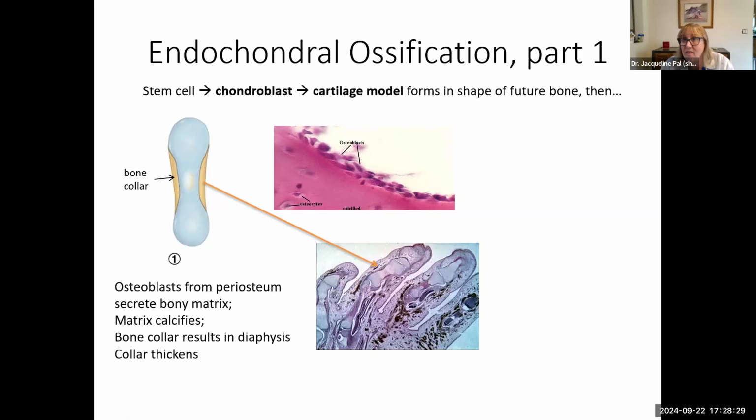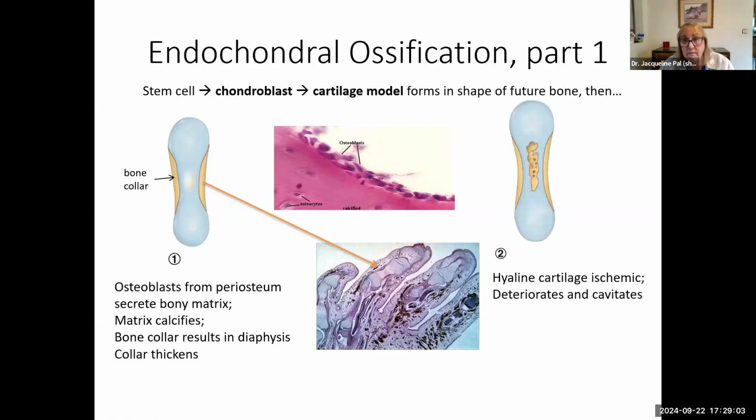Nope, it's not. So what's going to happen to the chondrocytes in the cartilage? Well, the bone is fine because the bone's got blood supply. But that blood supply is for the bone, and the bone's not sharing. So the hyaline cartilage has lost its diffusion blood supply and becomes what we call ischemic, meaning no blood supply. So those cells are dying.